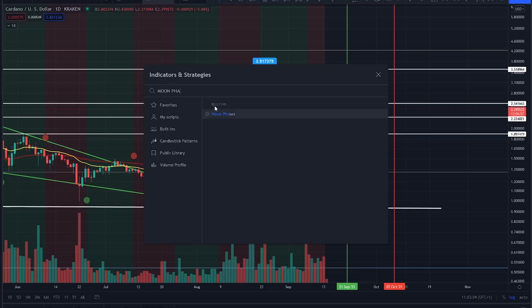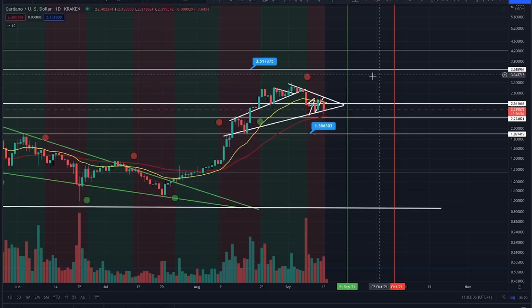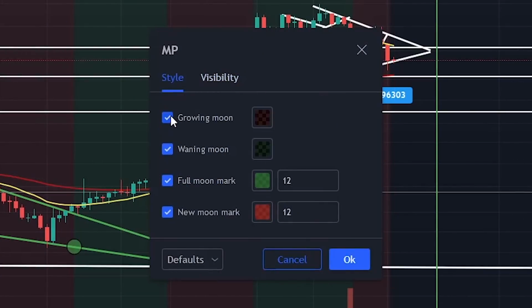So it's moon phases. That's what you search for, moon phases. Drop it in and I'll show you my settings really quickly. So this is what you want to put it on. Look, basically the dump moon, the band, it lasts for a few days. I think it's around about 13 days. Okay, so you get your dump moon, lasts for around about 13 days. You get your pump moon, lasts for around about 16 days, I think it is. And then you get your pump moon, which is a green moon just there, and then your dump moon just there. So call it dump and pump moon. Let's not overcomplicate it.